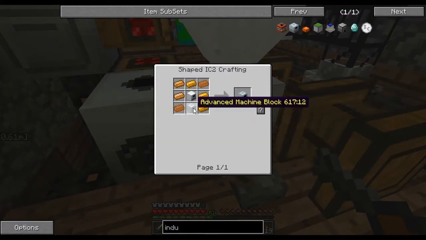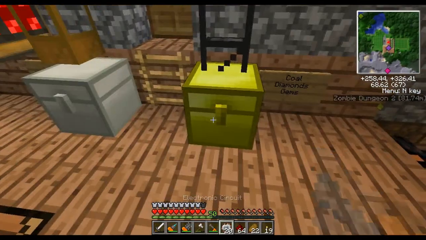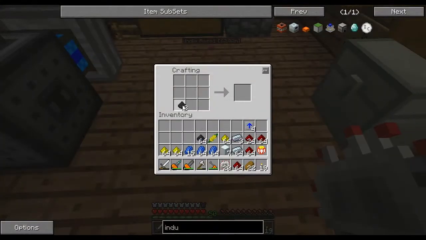I suppose I could also go ahead and preemptively prep. I'm going to need a machine block, 2 advanced alloys, and 2 carbon plates. Carbon plates are easy enough for the machine block. I already have coal set out to the side. 2 carbon plates, I'm going to need